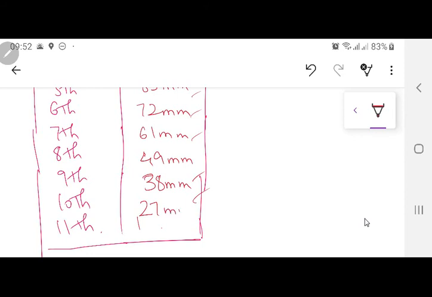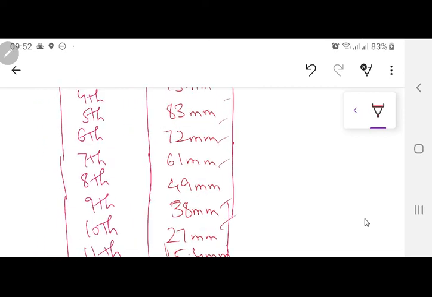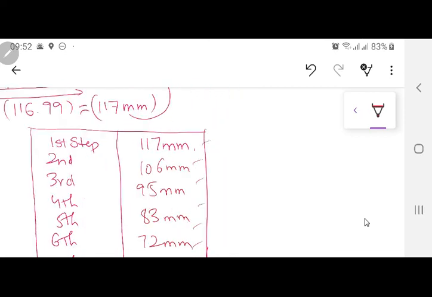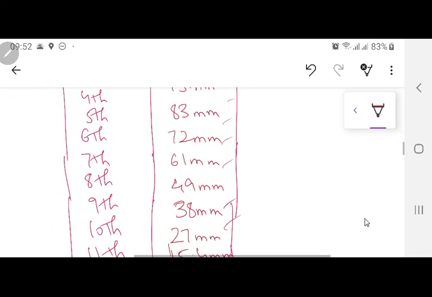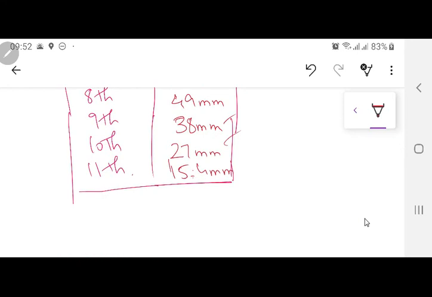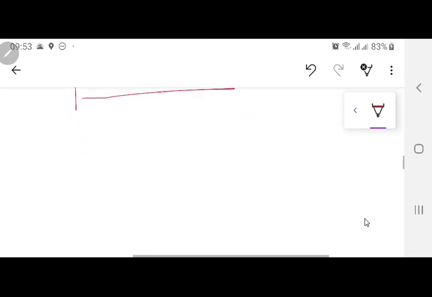G, what's the idea? I'm trying to make it a circular one. So in 11 steps it is going from 117 up till 15.4 mm. Now this is just the length over here. I still have to find out each height. Now for each height, supposedly if I again make a circle over here, the same,